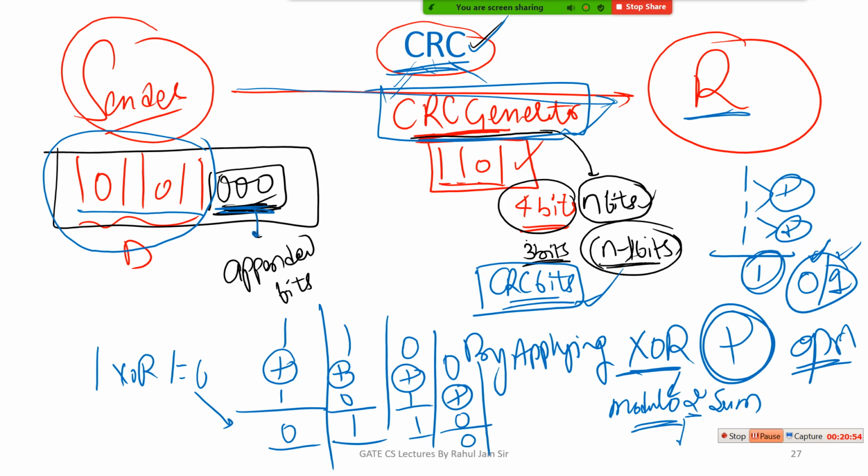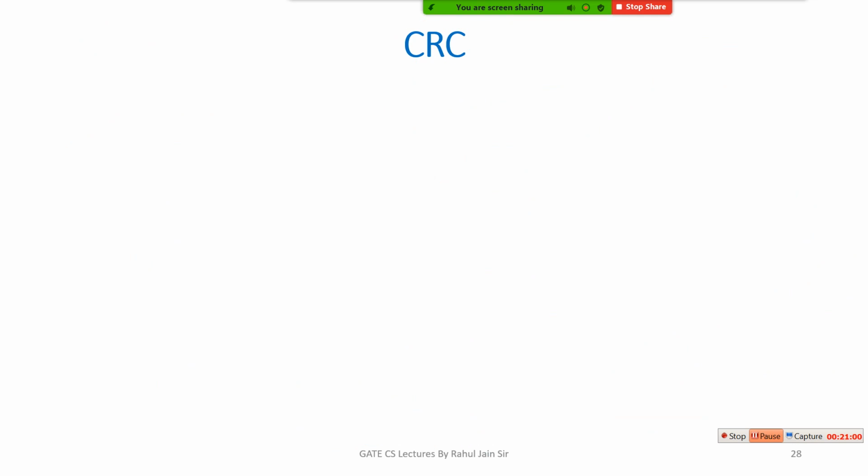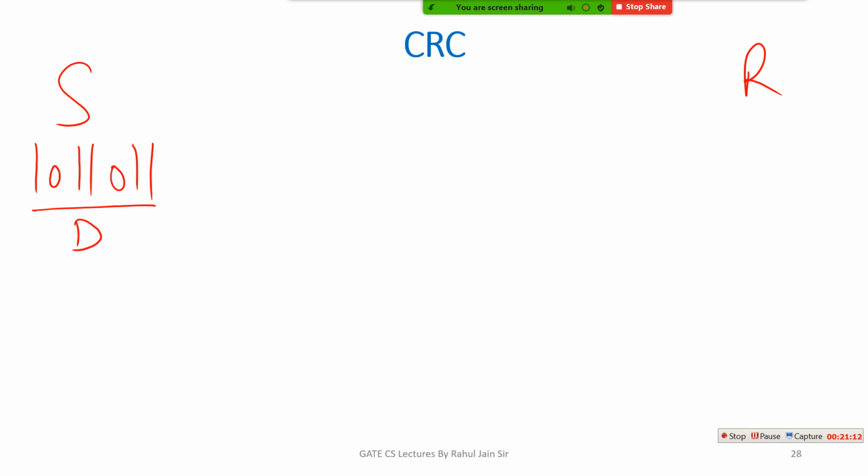I am repeating it again so that you can get it smoothly. Suppose here it is my sender, here it is my receiver. Suppose my sender has the data 1011011. It is the sender's data and it wants to send this data to the receiver. But I also need to check whether my data is correctly sent, whether what the receiver gets is exactly what the sender has sent. For that I use the CRC scheme, and this CRC